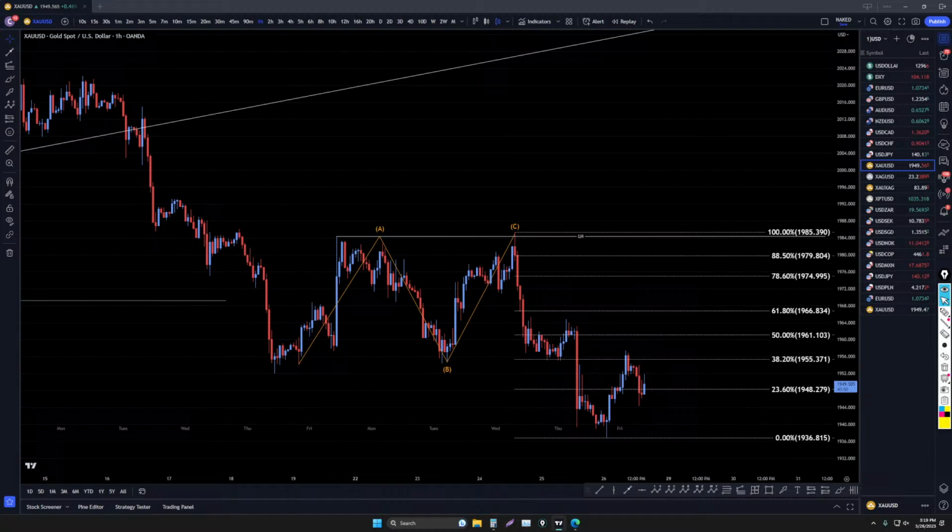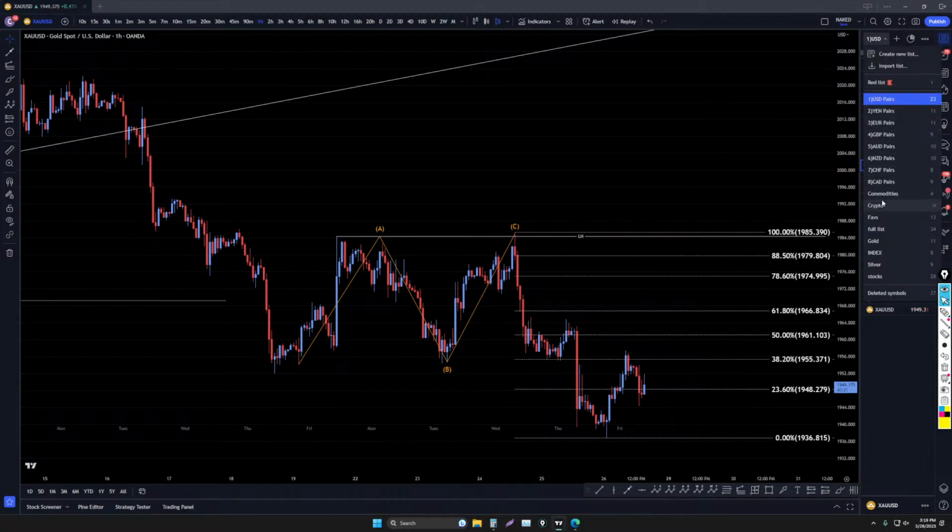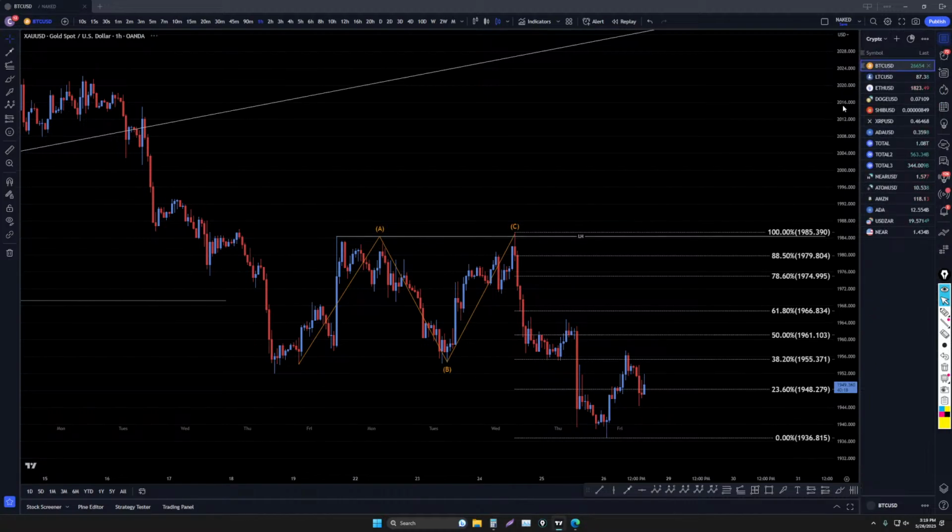You know, next week the U.S. is maybe going to default on its debt if they don't figure stuff out within the next couple of days. So if the US does default, or if people think that the US is going to default, then things like gold are going to go up, the yen is going to go up, and the Swiss is going to go up, and probably Bitcoin might even go up too, because Bitcoin is a risk-on currency, which we didn't look at Bitcoin today. So let's go look at Bitcoin real quick.